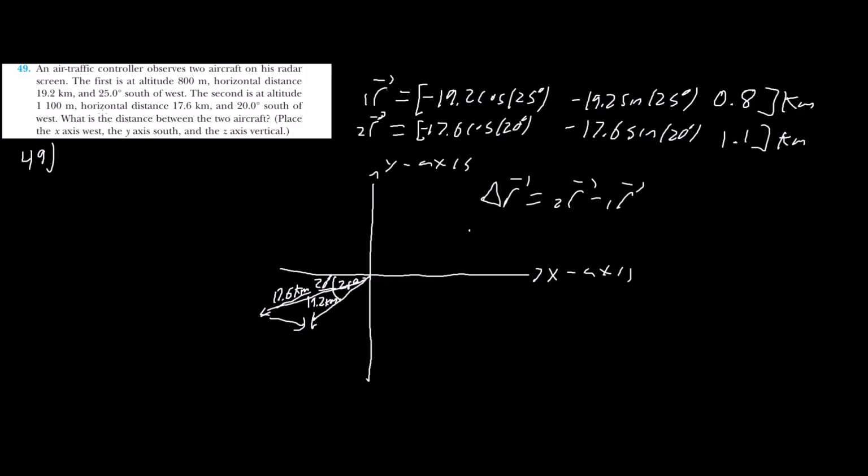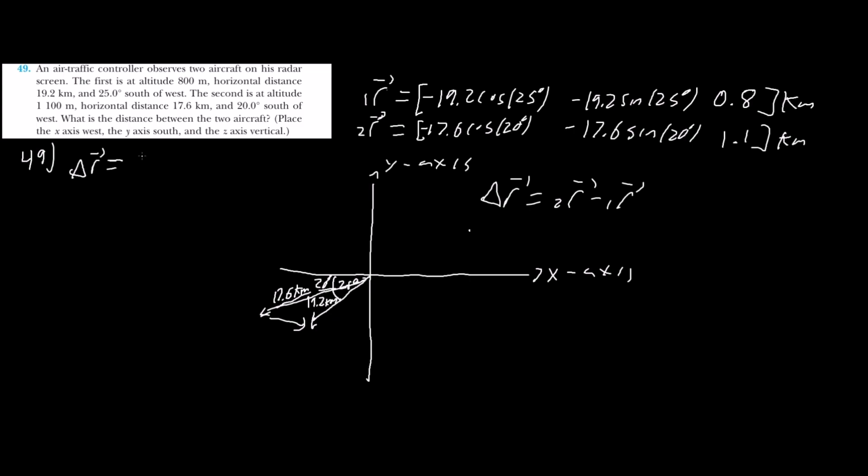So an air traffic controller observes two aircraft on his radar screen. The first is at an altitude, the second is at an altitude. So we're just going to find the distance between those two aircraft. I'm going to take R2 minus R1. So once you put it all together, the change of R is going to be the vector